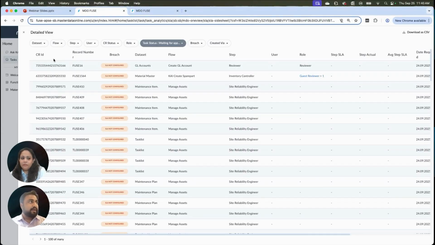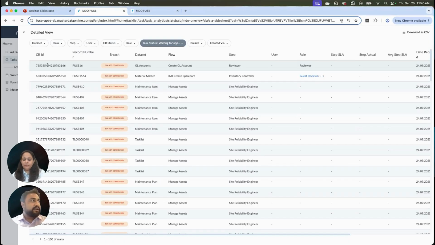Furthermore, we would be improving the view with the option to filter on every field available here to scope down the data, and the CRIDs and the record number would be something you can click on to get the detail. That's how OneView links with Task Analytics, because the record number would be a hyperlink, and when you click on it, it would open the OneView of the specific record.